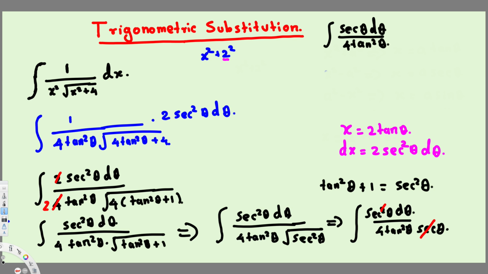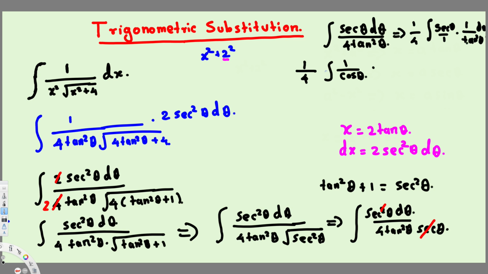Now sec is the reciprocal of cos theta, so we can write this as 1 over cos theta, and we have this 4 right here. I can take this in front, and we have 1 over cos theta, and also 1 over tan square theta, because if I separate this, it is going to be 1 over 4 integral sec theta over 1 and then 1 over tan square theta